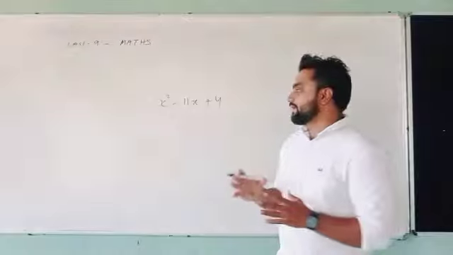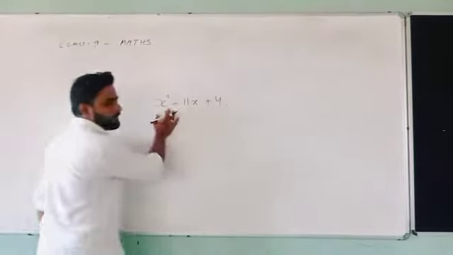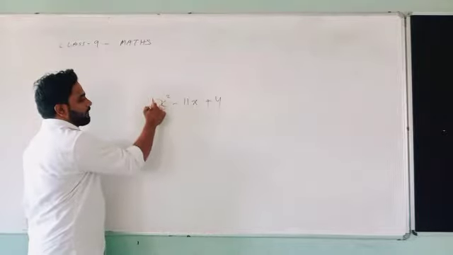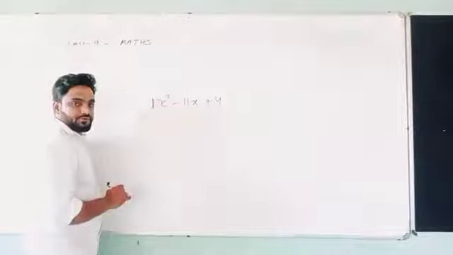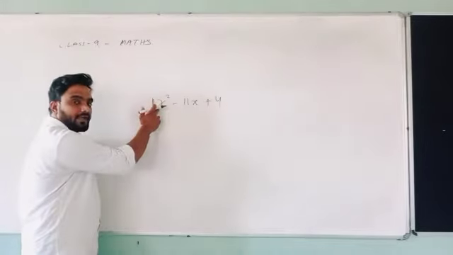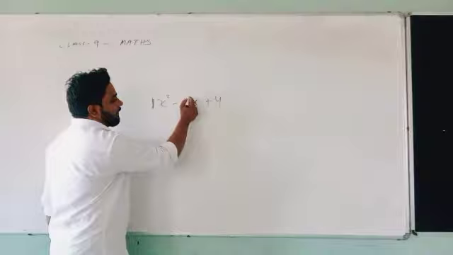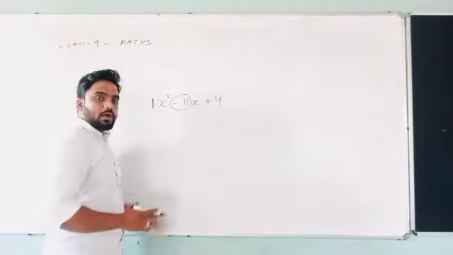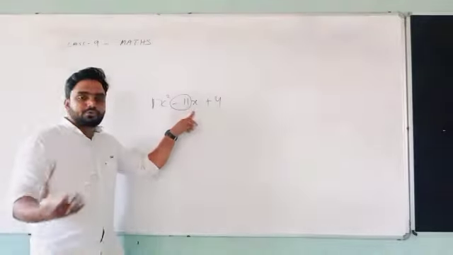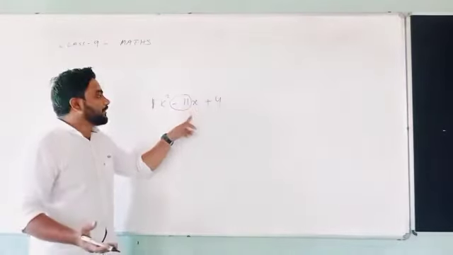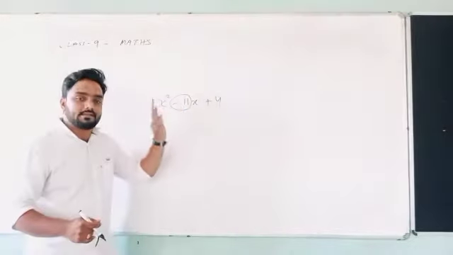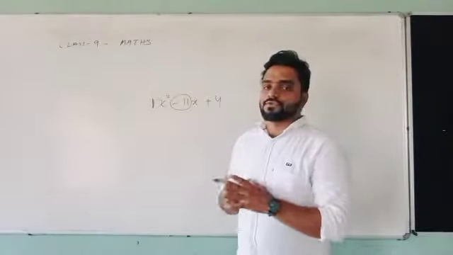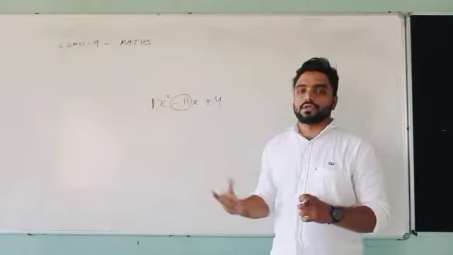जैसे यहाँ पर देखो ये x² है. It is a form of variable x². Now here there is no number with it, so we are considering 1 here. So 1 is called a coefficient of x². In the same way, here it is 11, but we have to consider the sign. If I ask you what is the coefficient of x, you have to give the answer that the coefficient of x is -11, not 11 basically. Okay, so in this way you can give the coefficient.